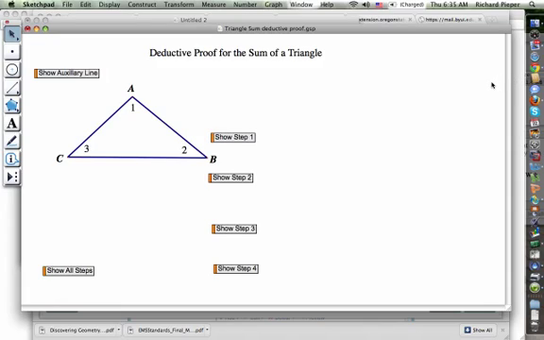Okay, we have looked at the sum of the interior angles of a triangle being equal to 180. We've looked at it inductively. Each member of the class did it, and we got values that were close to 180. Then we tore off the corners, and each of ours looked like it had a straight line along the end. We went to Geometry Sketchpad and noticed that that was true for every single triangle that we looked at, but